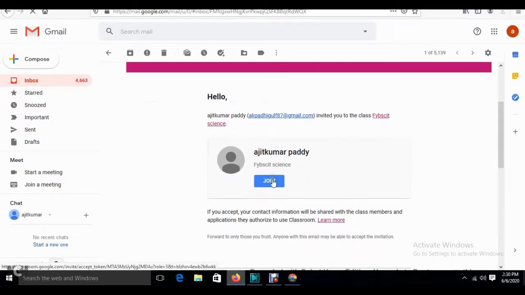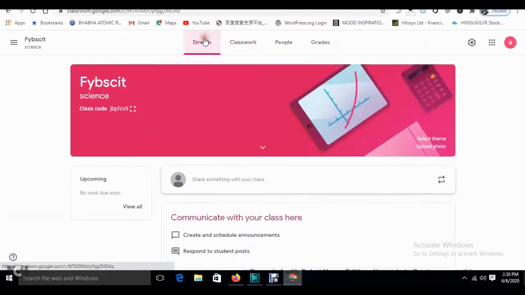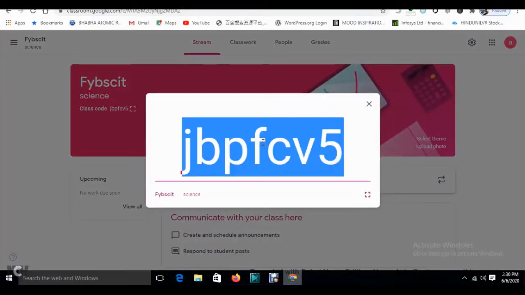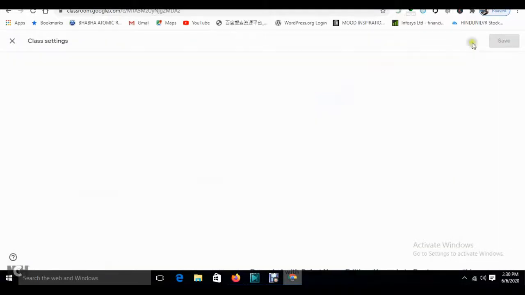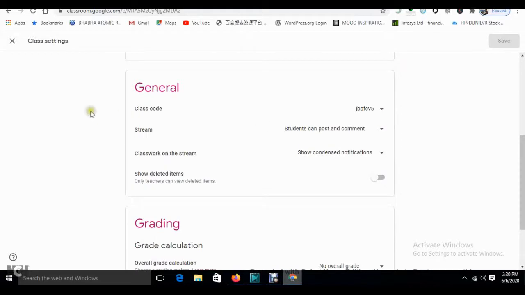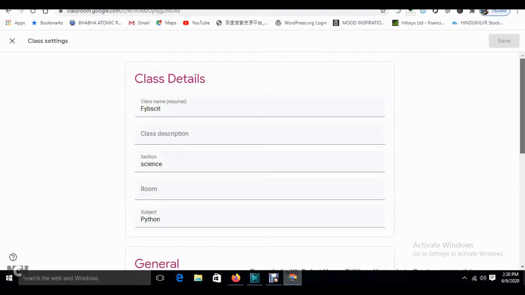Okay, before that I will tell you one thing. See, another option is also there. See over here, it shows the class code also. Okay, you can go from here also, or you can go from settings, and in settings, general, class code. You can take this also to join the class.